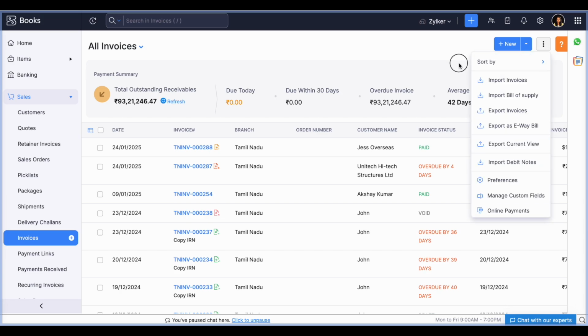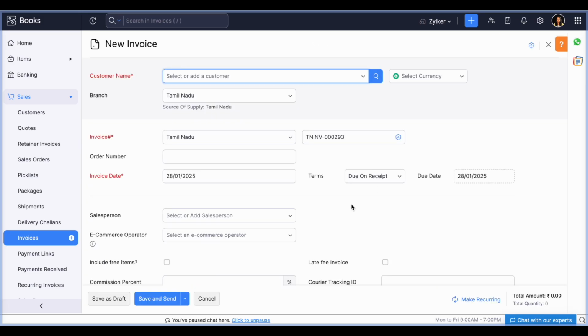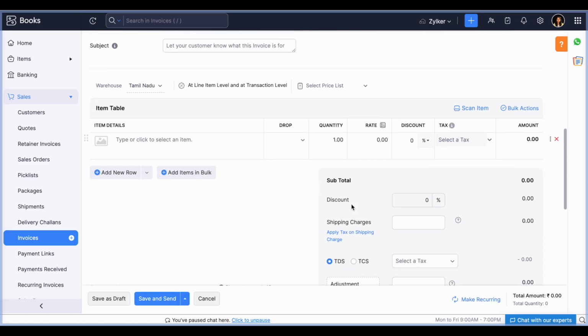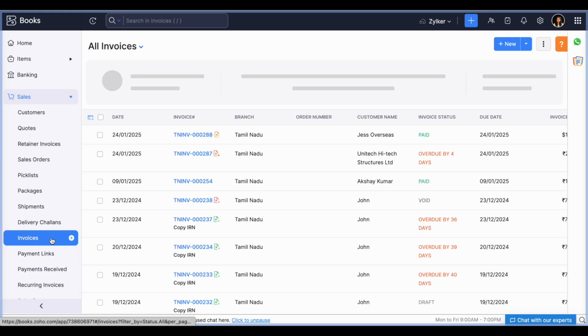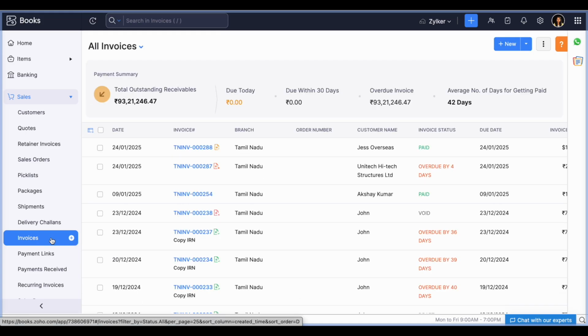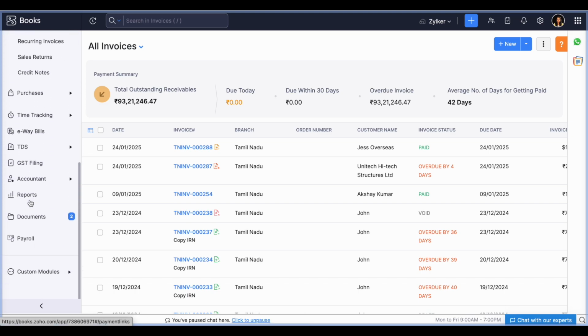Now, we are supporting import of these two entities, that is import of debit notes and import of credit notes in Zoho Books. Apart from this, in the sales and purchase modules, the multi-level discounting feature is available for Elite and Ultimate plan users. That is, they'll be able to create discounts at line item level and also at transaction level. Now we have extended this multi-level discounting to other entities also, like credit note, debit note, and vendor credits. So that's all about the sales and purchase module.